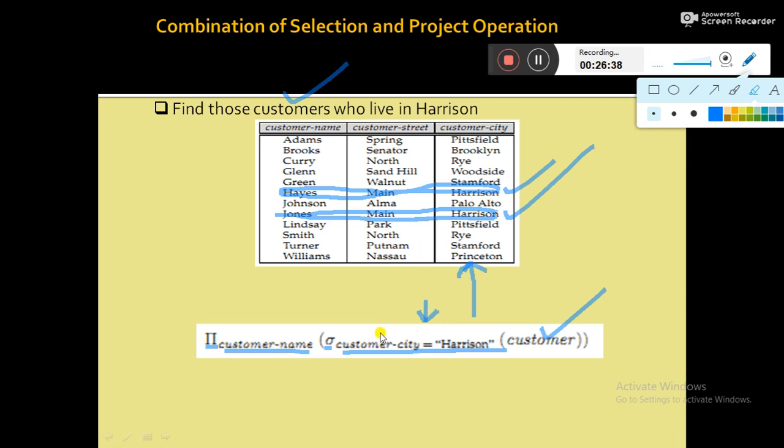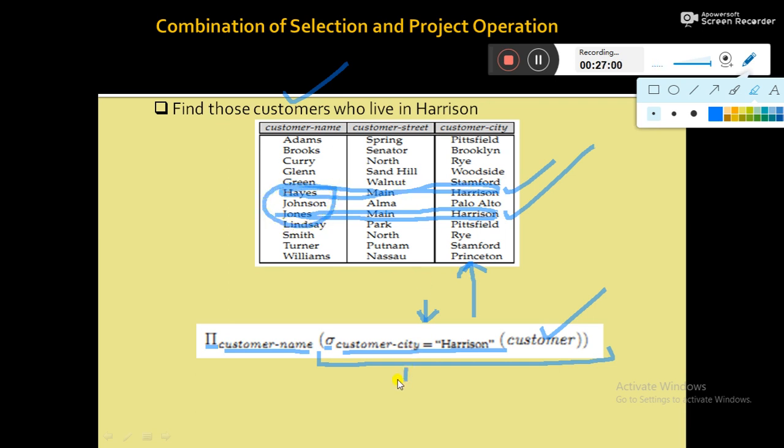So on executing that particular query, we will get these two records, and after executing pi customer name we will be able to get only these two, Hayes and Jones.